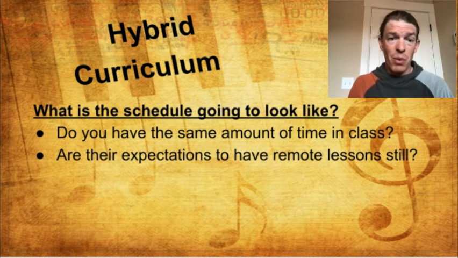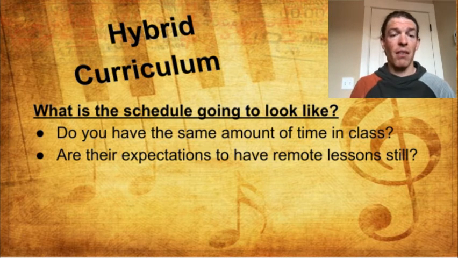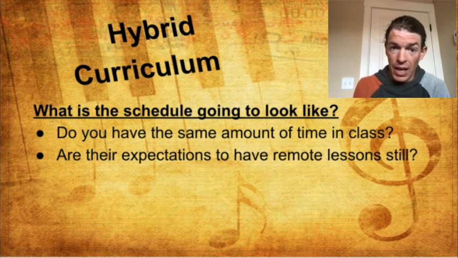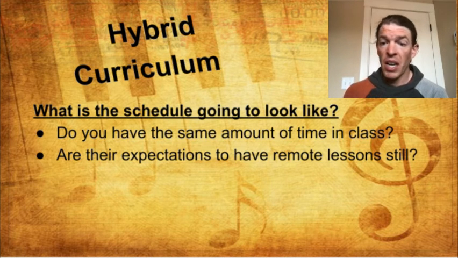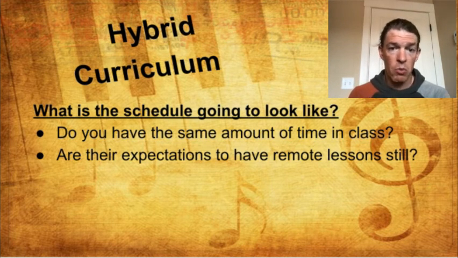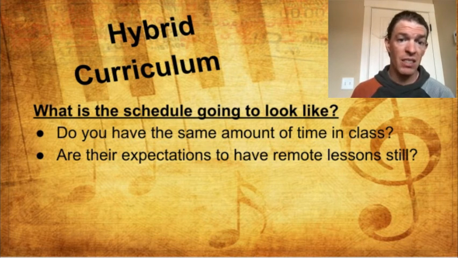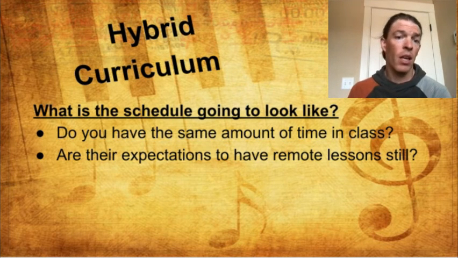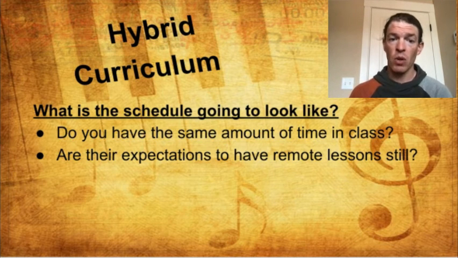Like, we don't know what our schedule is going to look like if COVID has another wave and we have more outbreaks. We're probably going to have to go virtual real quick. So are we having the same sixth, seventh, eighth grade, high school bands, all of these different ensembles, or are they combining things? Are we losing students because of the lack of time? And in order to combat all of these things, we're going to need to be flexible and have some sort of hybrid thing.